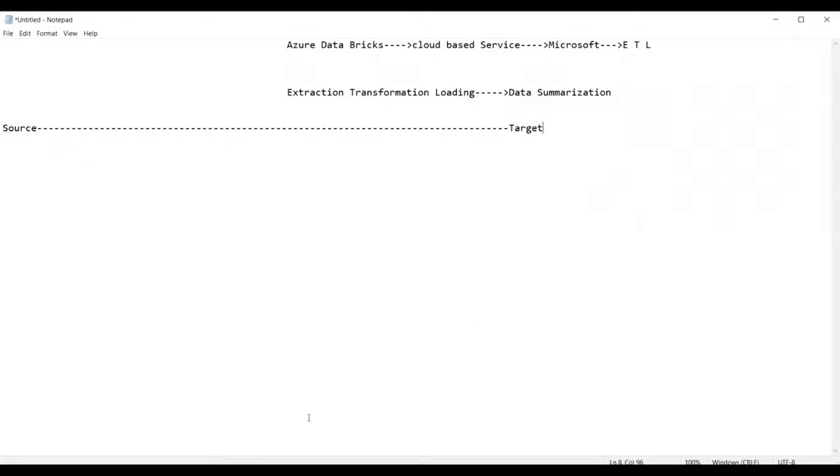Now, guys, what do you mean by source? What is the source of income? The place from where we get the money is called a source of income. In the same way, the place from where you get the data is called the source of data.